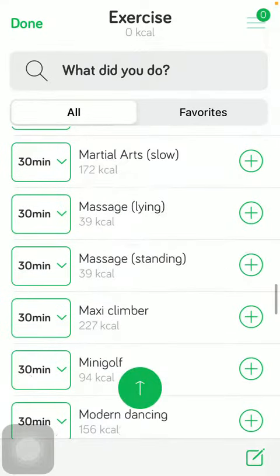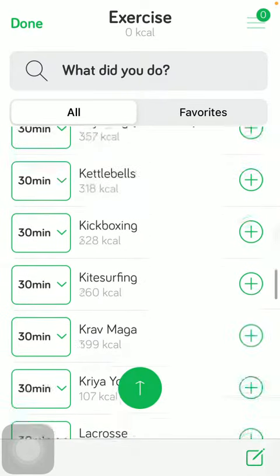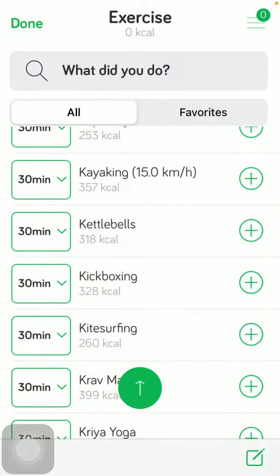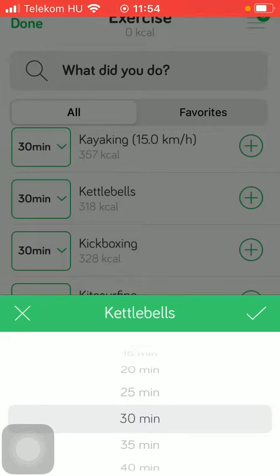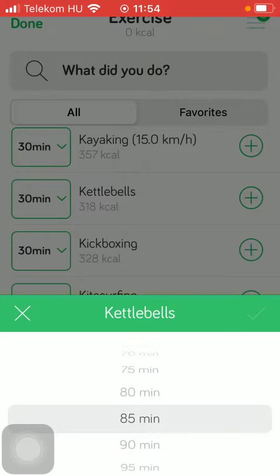So after you have selected the relevant exercise that you have completed, you can also indicate its duration. Here on the left side of the screen, as you can see, it's set to 30 minutes, so that's the default duration, but feel free to change it. It's ranging from 1 minute to 505 minutes. So select the relevant duration of your exercise, then tap on the check mark icon,